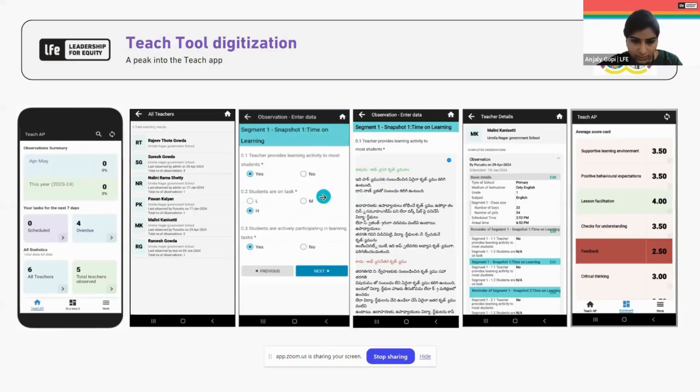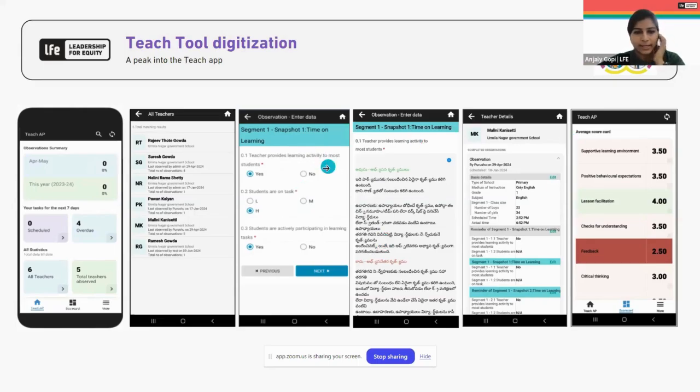So what we included as a new feature is a documentation section. There is supposed to be a question mark here. If they click on that hint button, this fourth screenshot will come in, explaining low, medium, high. What is the explanation for low? That means when the teacher is supposed to be scored as low for a particular behavior. This documentation is in the native language, which is Telugu in Andhra, and if you scroll down, you can see it in English too. So it's a bilingual documentation. This is one feature we additionally requested, and it is working wonders actually.